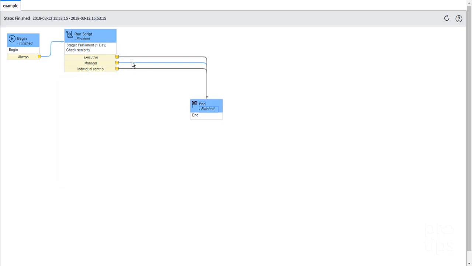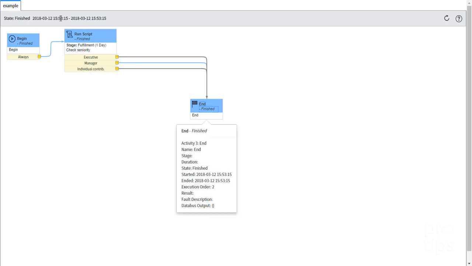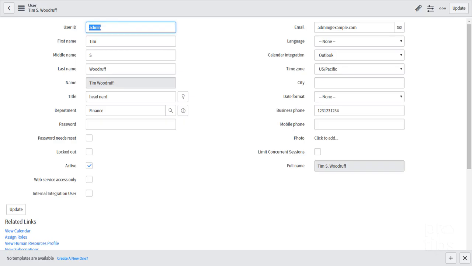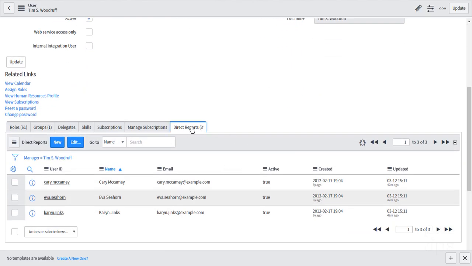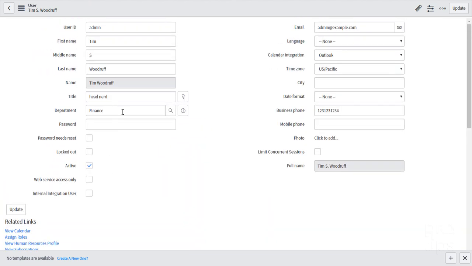It is manager. And the reason for that is that if I go over to my profile in here, this is the profile I selected, and I look at my direct reports, it turns out I have direct reports. I put these in there before we got started in order to test that. Now, if I were to change my title to CEO,